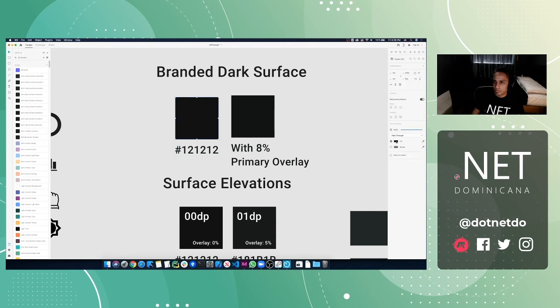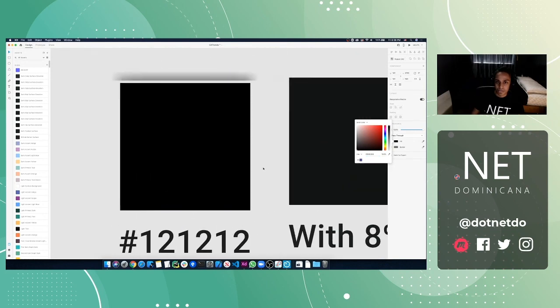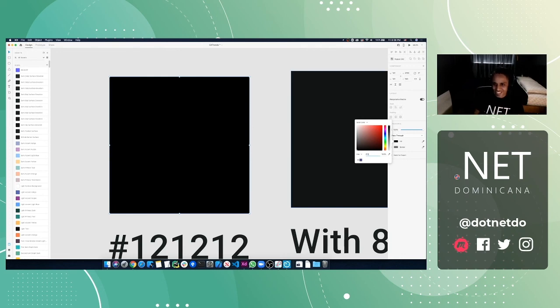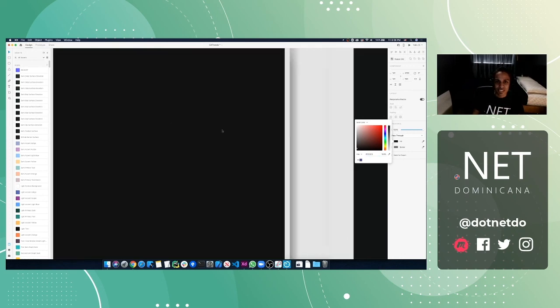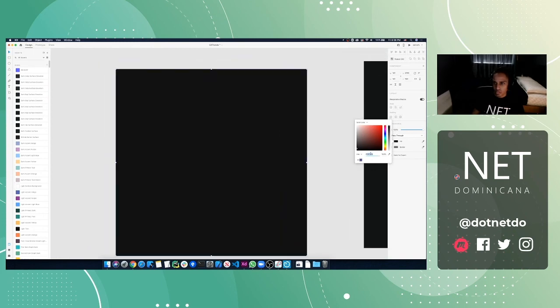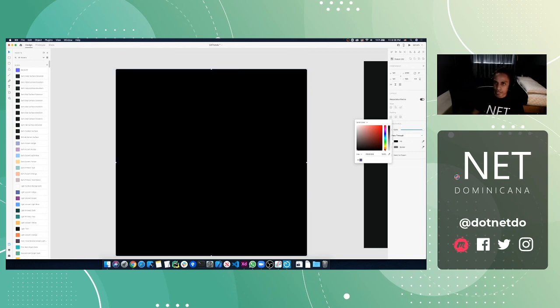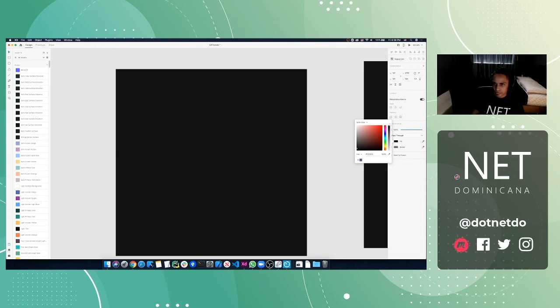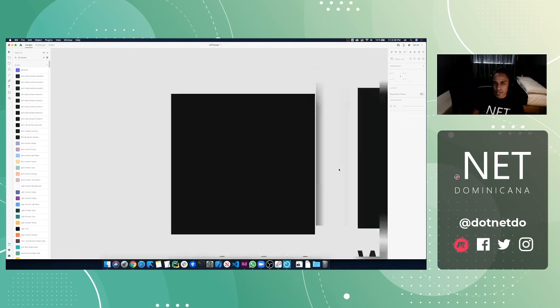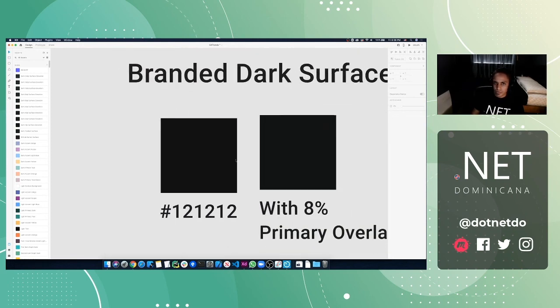Let me show you. Yeah, it's really hard to know the difference, but it's there. So yeah, you see, this one is a little bit smoother, and the other one is just a really rough black. You see, this is pitch black. If we go here, you see how it smooths, it has a little light to it, right? So this will be the color for all our surfaces if we implement a dark theme